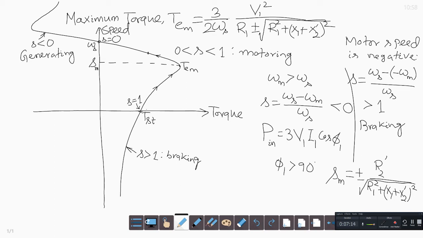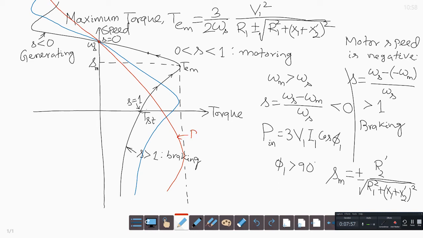So, in slip ring induction motors, where there is flexibility of adjusting the effective rotor circuit resistance, the maximum torque can remain the same, and the speed torque characteristics can be altered like this. This is for R2 double dash, this is for R2, this is for R2 dash. So, you have R2 less than R2 dash less than R2 double dash. So, torque speed characteristics with varying rotor circuit resistance is like this set of characteristics.